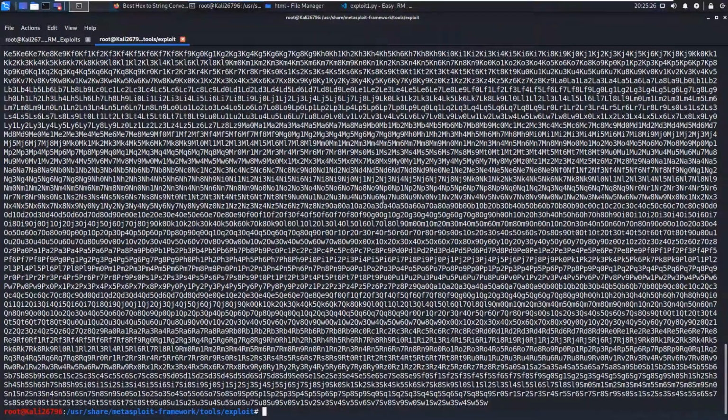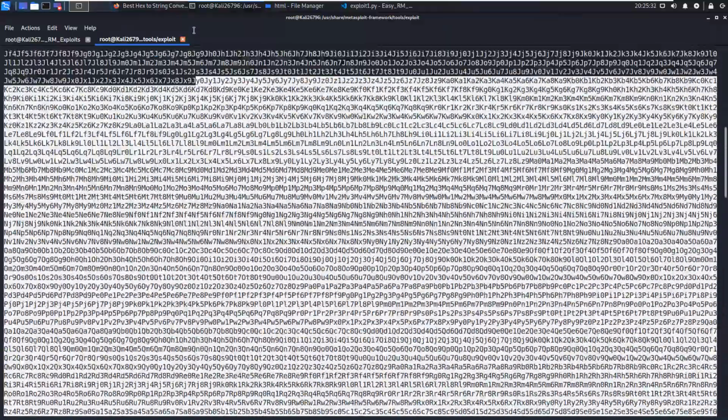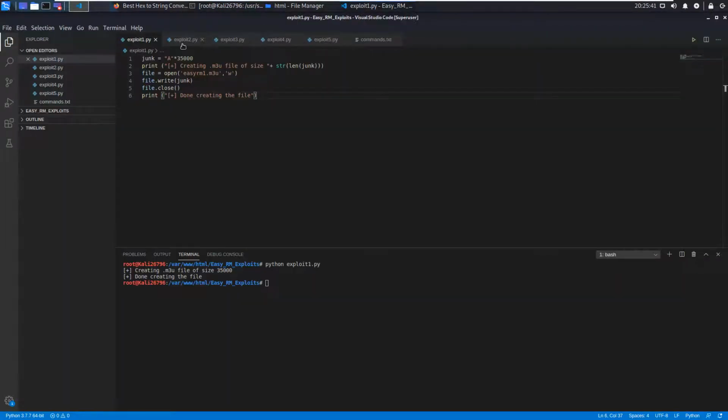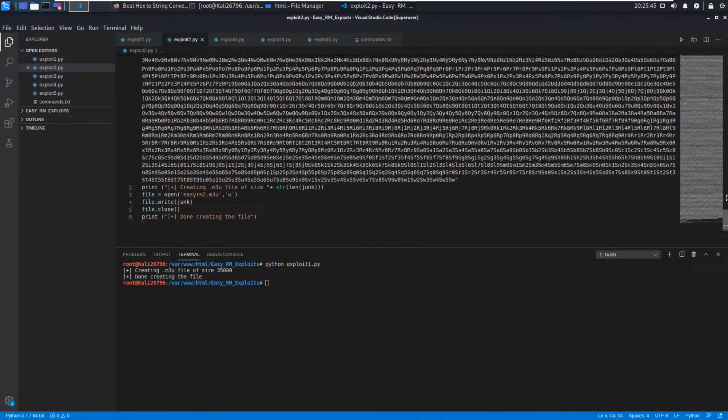You copy this whole junk from the terminal till here, copy it, and then I come back to my Visual Studio Code and I paste it.